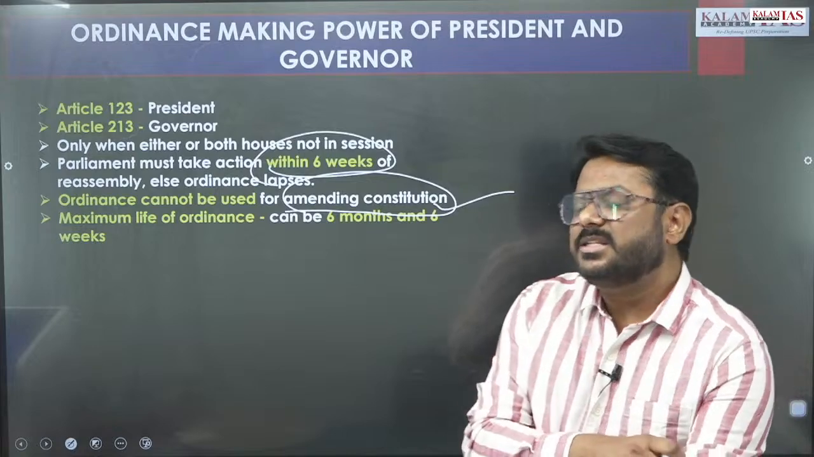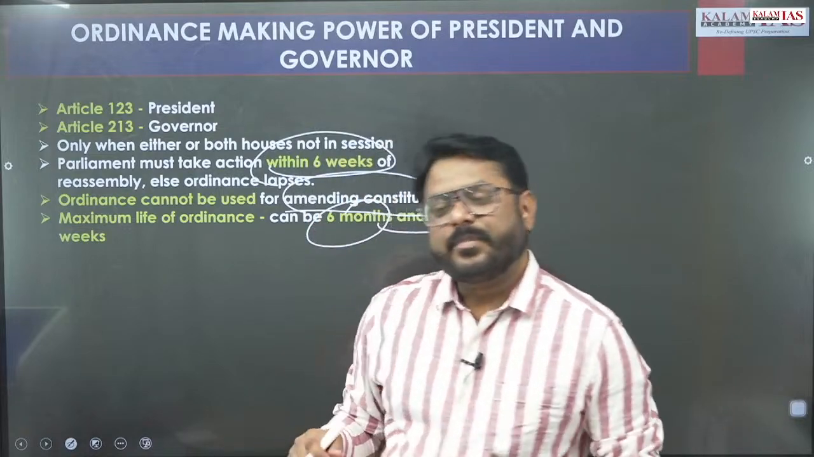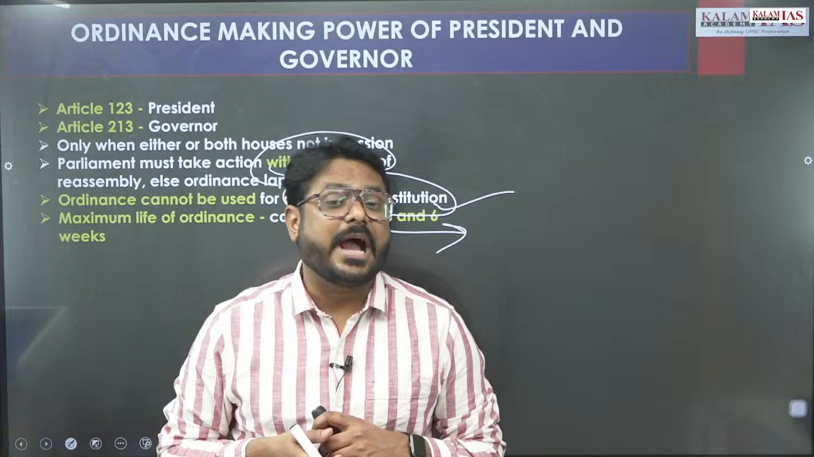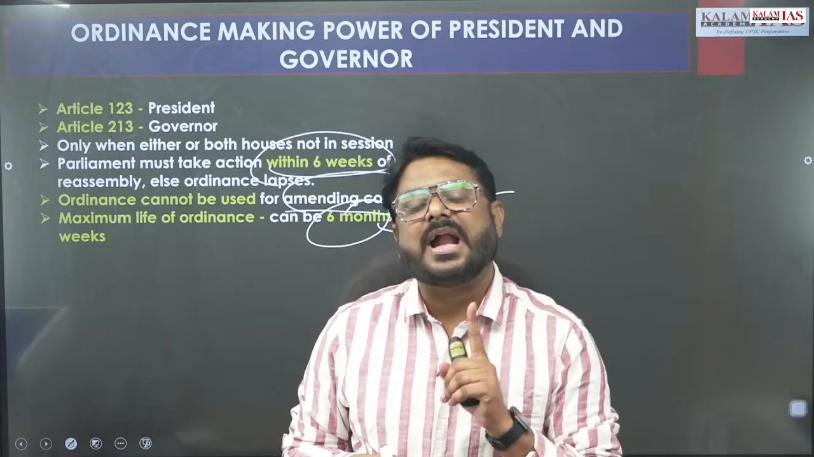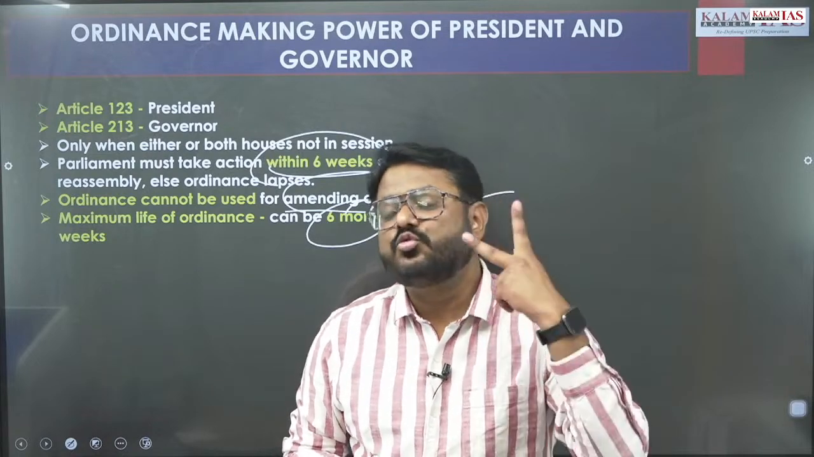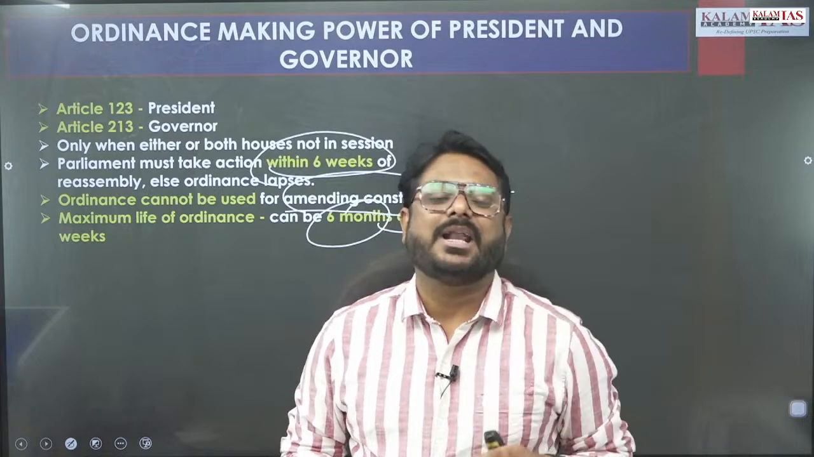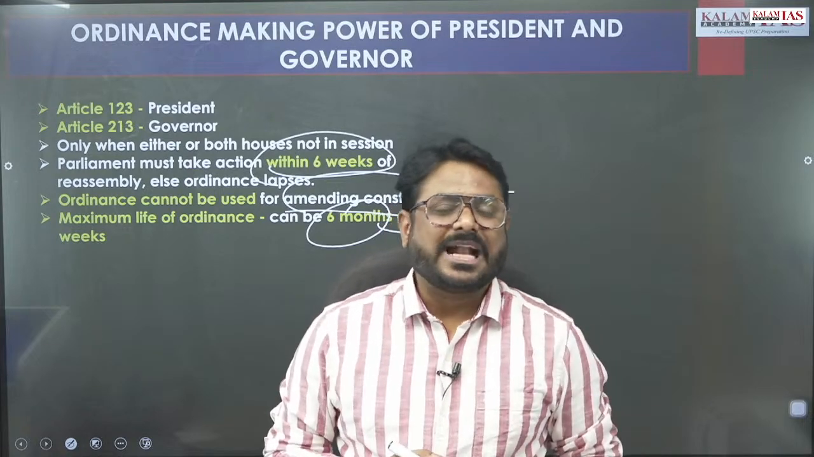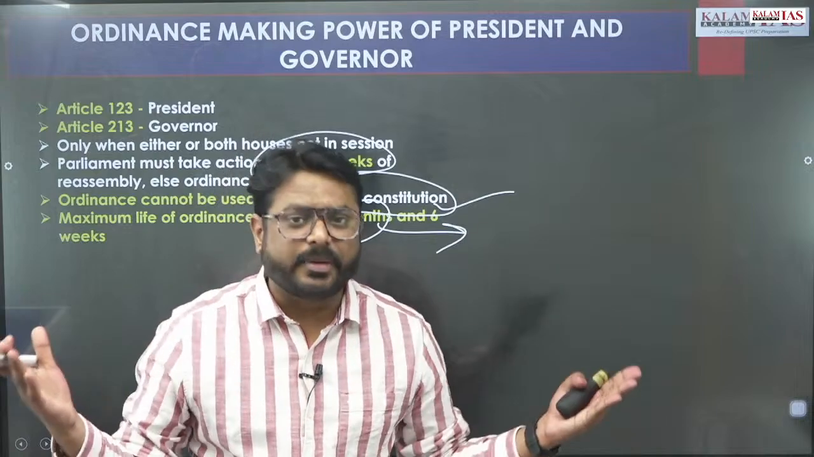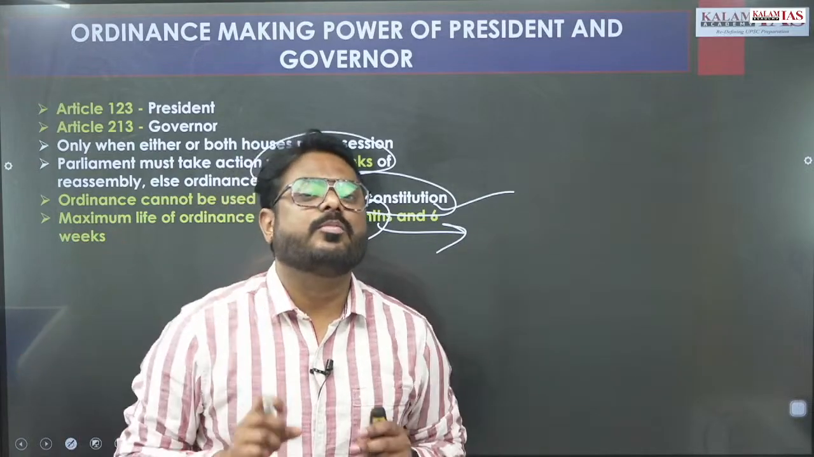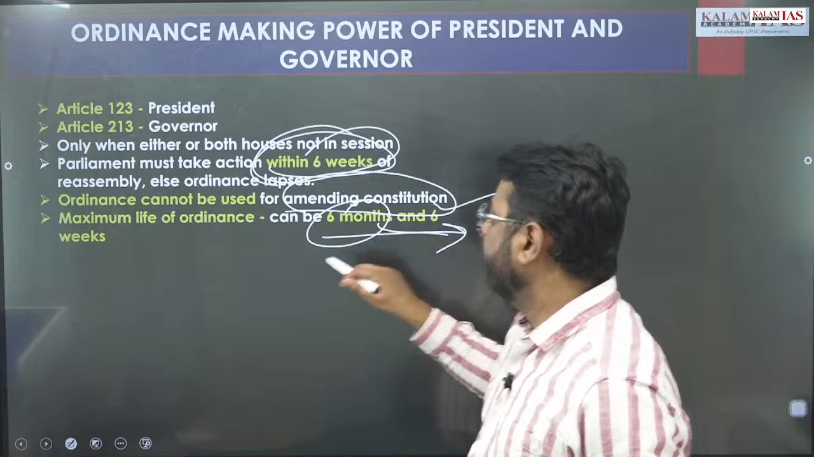The maximum life of an ordinance is 6 months and 6 weeks. Why this 6 months? Because it is written inside the Constitution of India that within a year each house has to sit at least twice. Means there should be at least 2 sessions held of any house of the Parliament in a year. That means the maximum time period for which a particular house will not be in session is 6 months, right? Because it has to sit twice within a year. So the maximum time period will be 6 months, and 6 weeks is allowed here, so 6 months plus 6 weeks will be there,